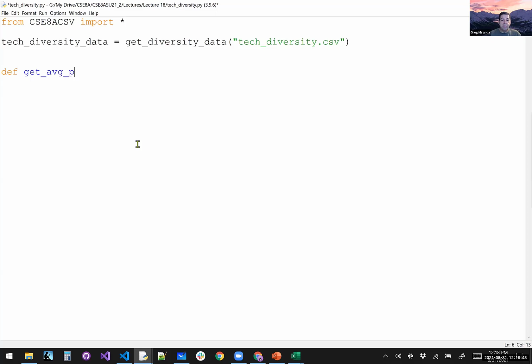Get average percent of a category overall. We're going to get all the companies, not just one specific company. So I need to get the average for all the companies. So remember, dictionary of dictionaries. So let's say, for example, I want to get the average of all the companies for Hispanic population over